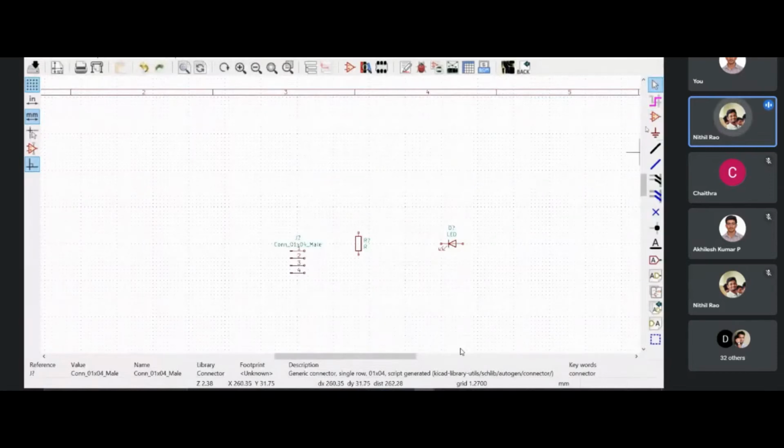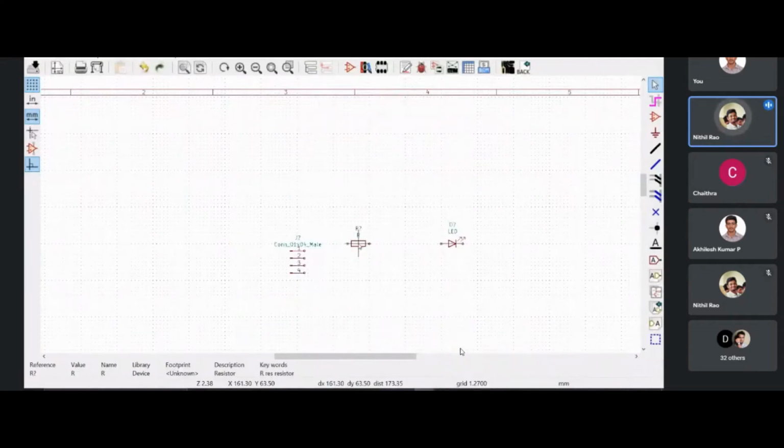So far we were using this tool, which is place symbol, and now I have to go to the select tool, that is the select item on top. What I'm supposed to do is just hover over the component which you have placed. Just keep your mouse pointer over there and click on R. So this is how it happens. I am not clicking anything, I'm just pressing the button R, and it's rotating. These are the shortcuts you need to know. And yeah, the same applies to all the components.